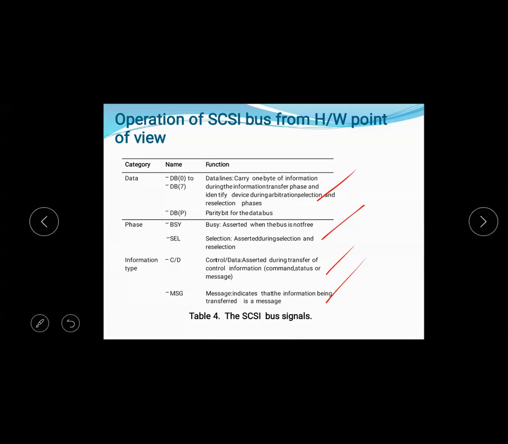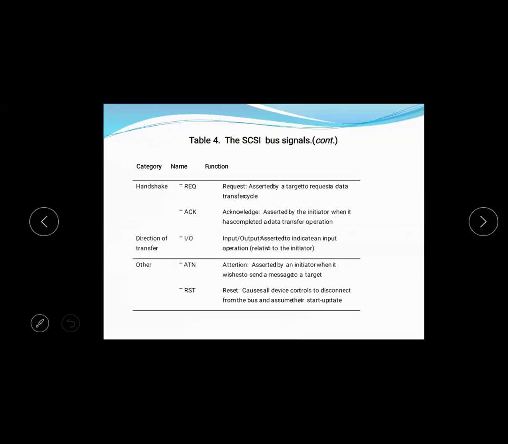Command and status are indicated by C/D. Handshake signals: request is sent by the target to request a data transfer, and acknowledge is sent by the initiator when it has completed the data transfer operation.